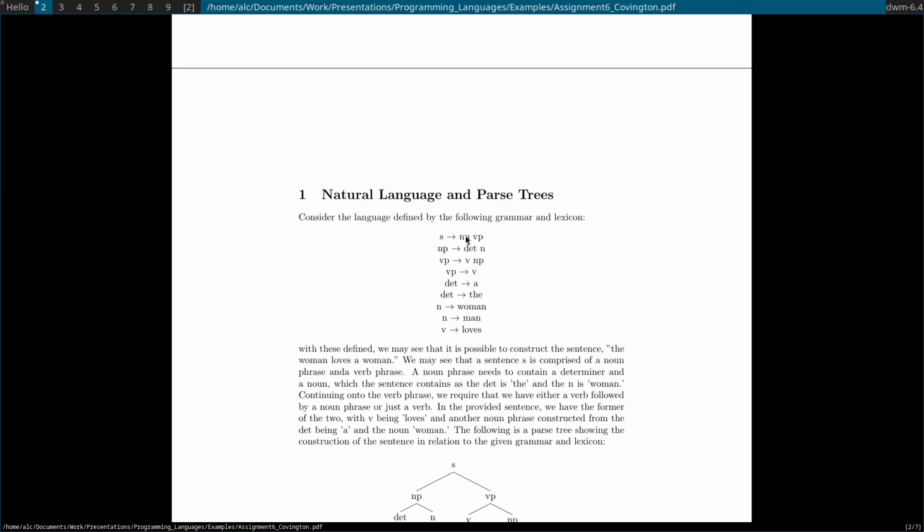I have something complicated up here, and then I keep breaking down what that means. So a noun phrase has a determiner and a noun. A verb phrase has a verb and a noun phrase, or a verb phrase could just have a verb. And then I define the possible determiners, nouns, and verbs in my sentence.